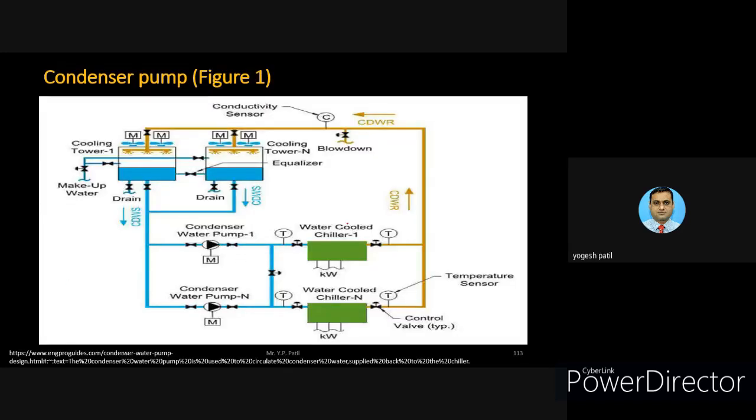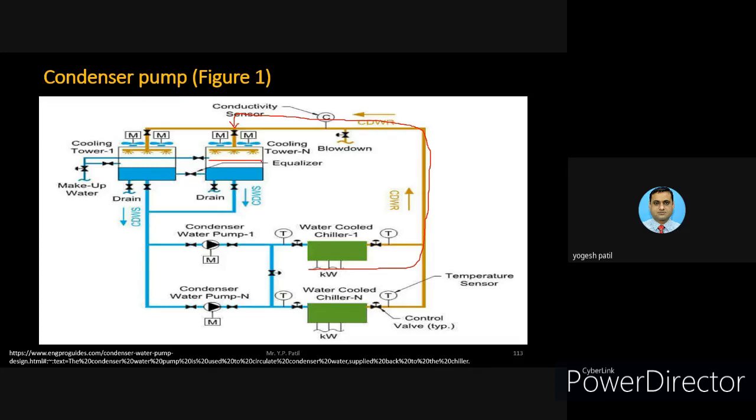You can see here, this is the chiller. So this is the chiller output. Chiller output will be routed to different parallel arrangements of the cooling tower. So this is cooling tower 1. Once it enters cooling tower 1, you can see here there are fans, and through this wall it enters the different spraying sections. So here you can see that the spraying will be done on the fill.